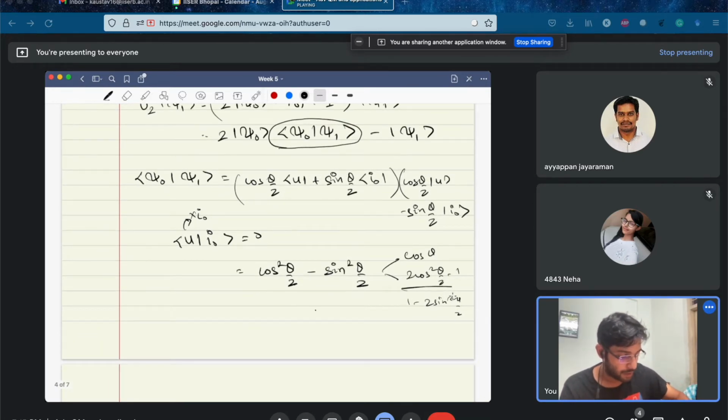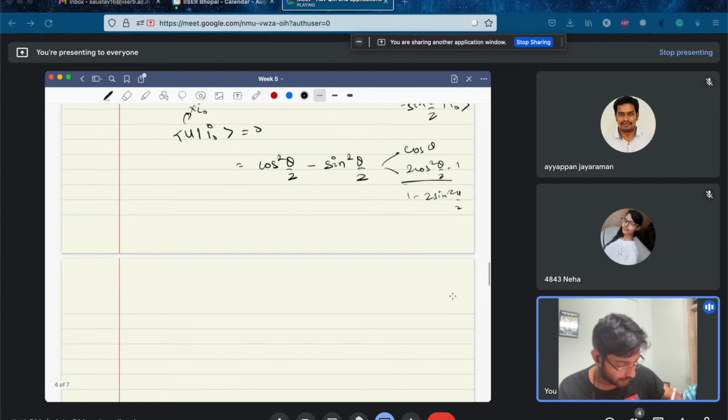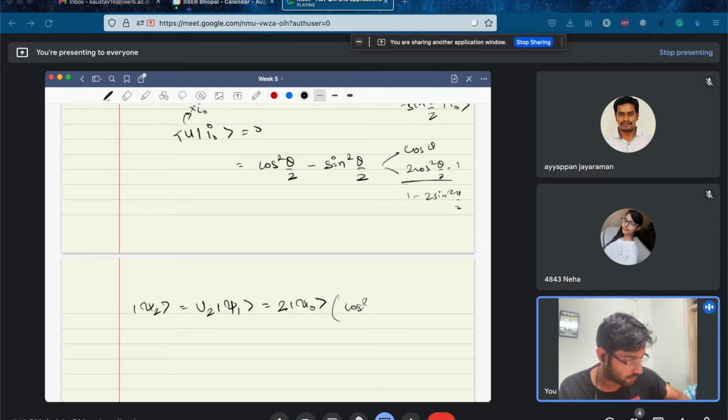Okay, so writing it again, so we have psi 2 as u2 on psi 1. So we have 2 psi naught and cos square theta by 2 minus sine square theta by 2